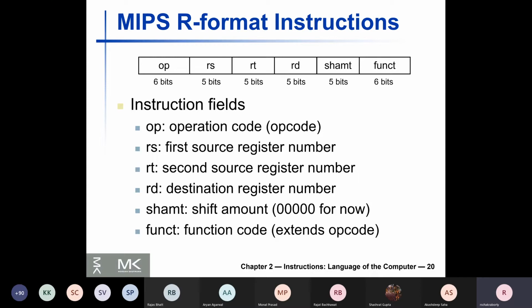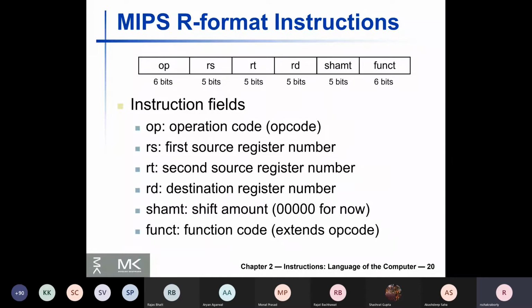The concept of function code is very similar to opcode. Function code here also is 6 bits. The function code is an extension of the opcode. What I mean by extension of the opcode is there might be situations where closely related instructions have exactly the same opcode. The leftmost 6 bits will be kept the same to denote that they are very closely related instructions. Their only differentiation parameter will be this rightmost 6 bits, which will be slightly different.